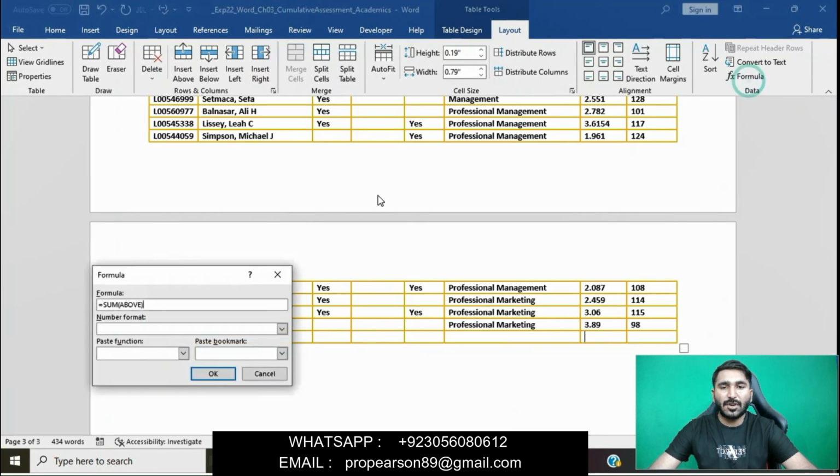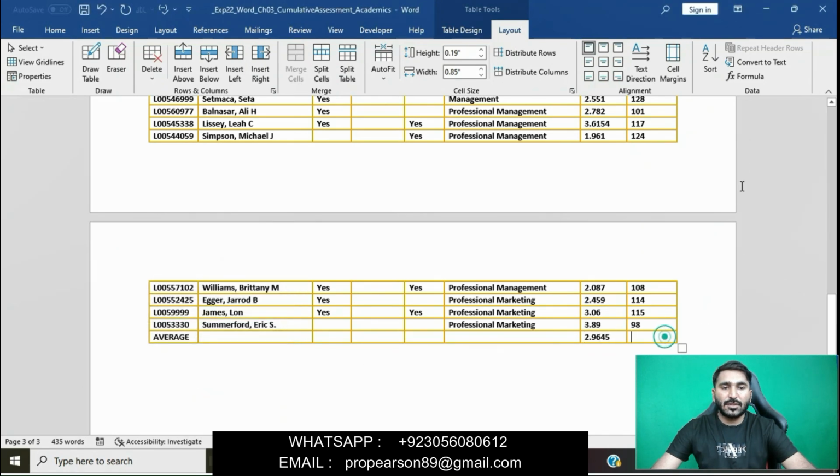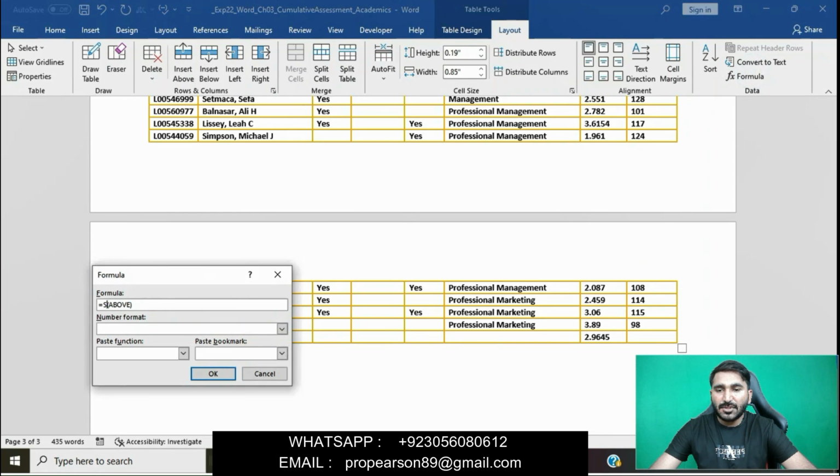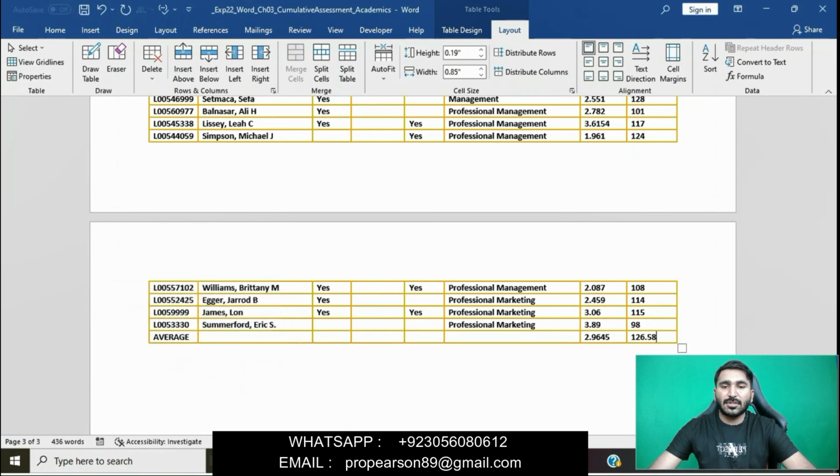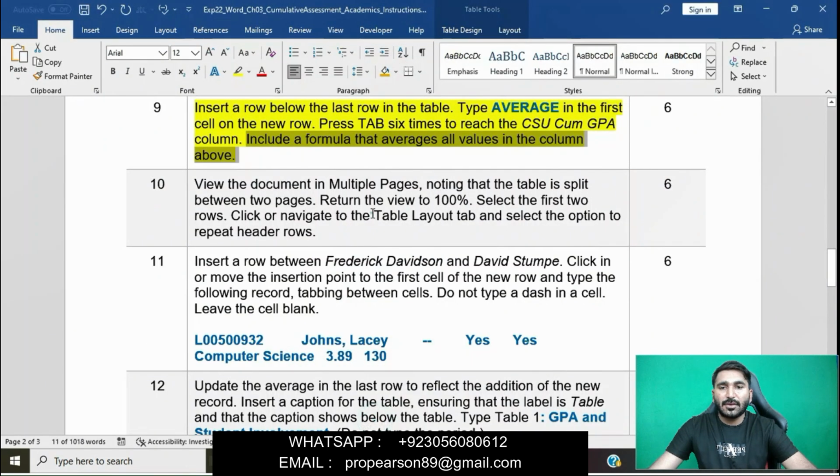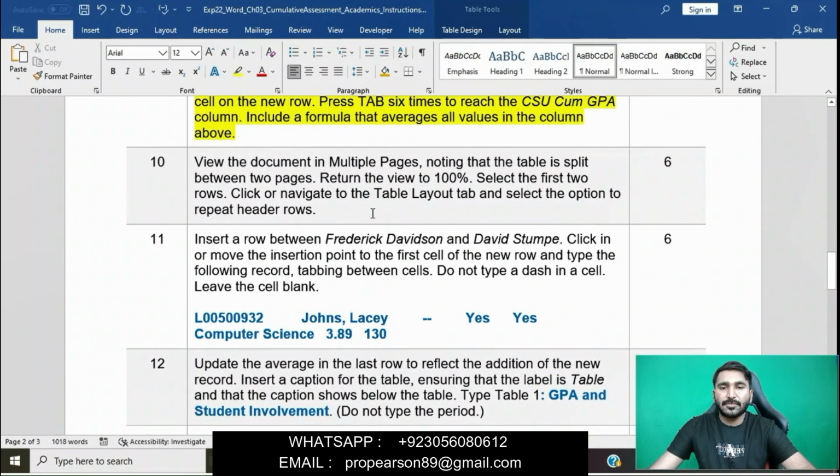Go to the formula, remove the sum function, type the average function, and simply click on OK. Okay, this is good.